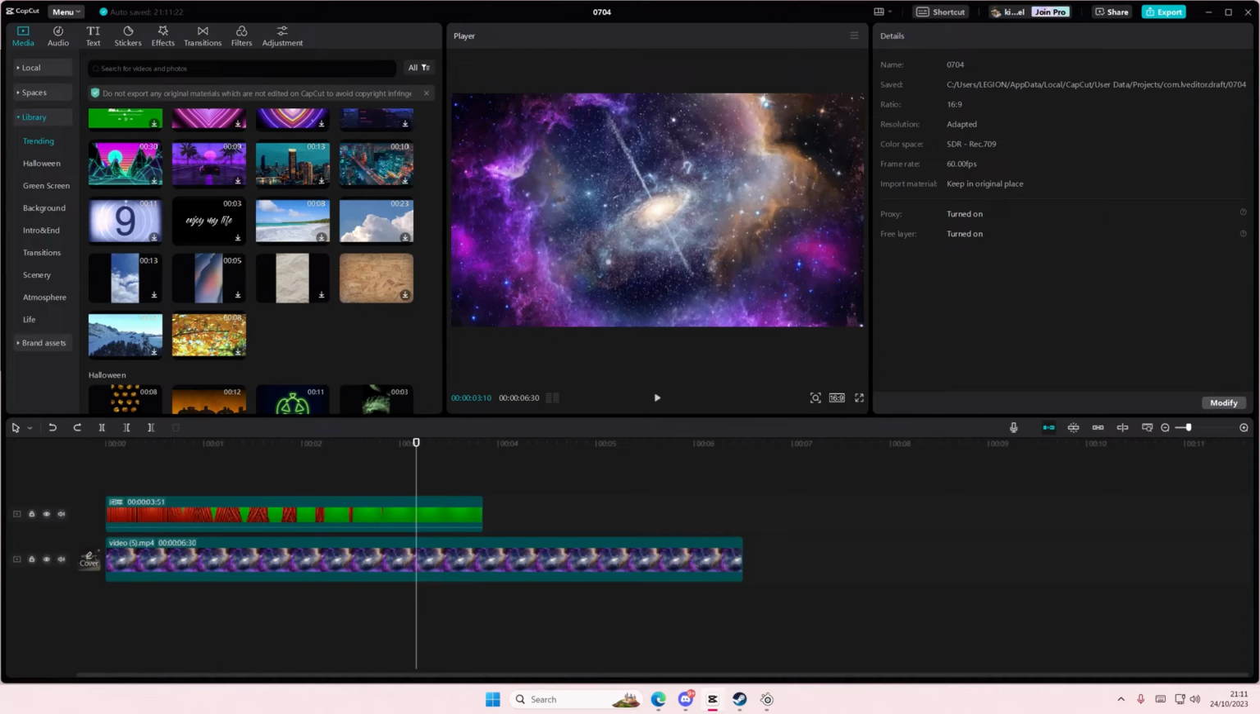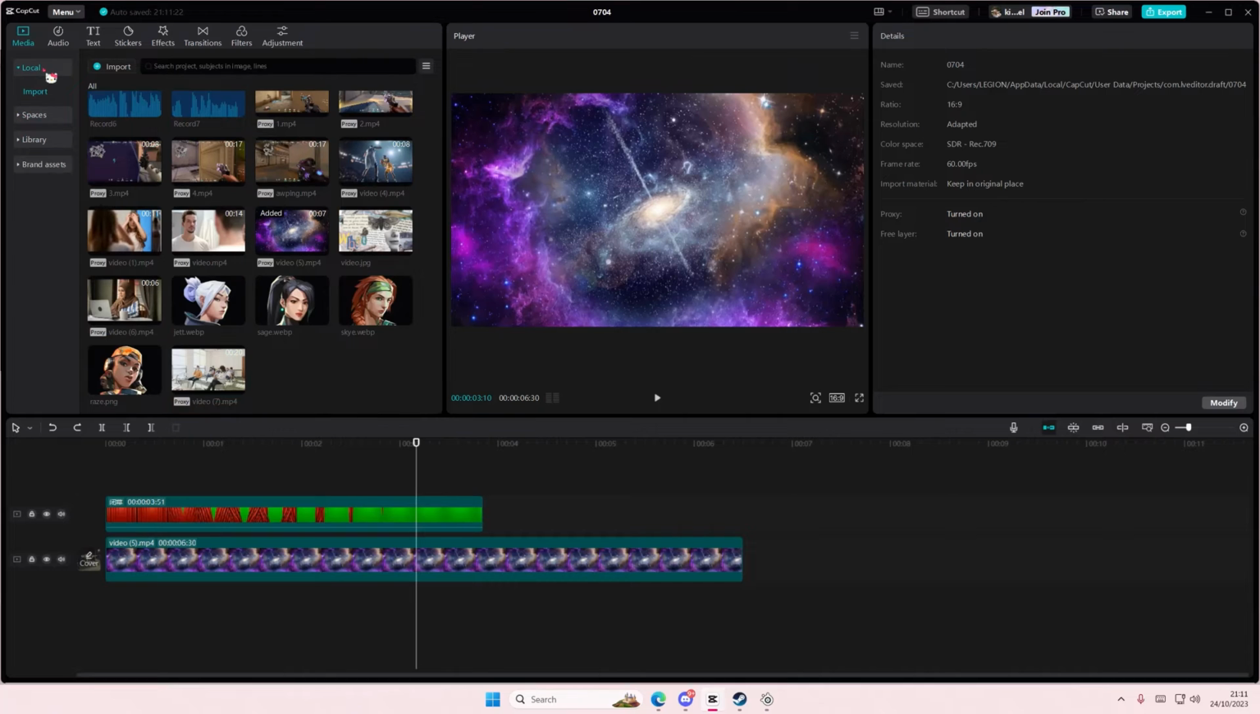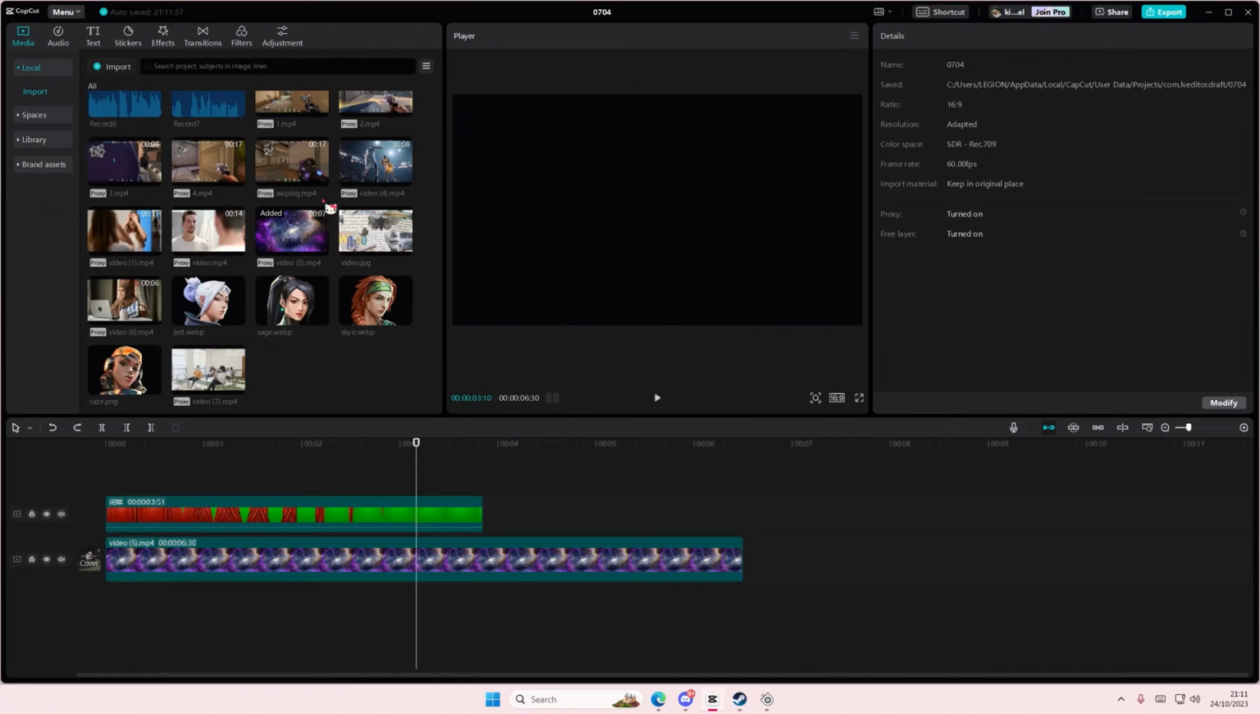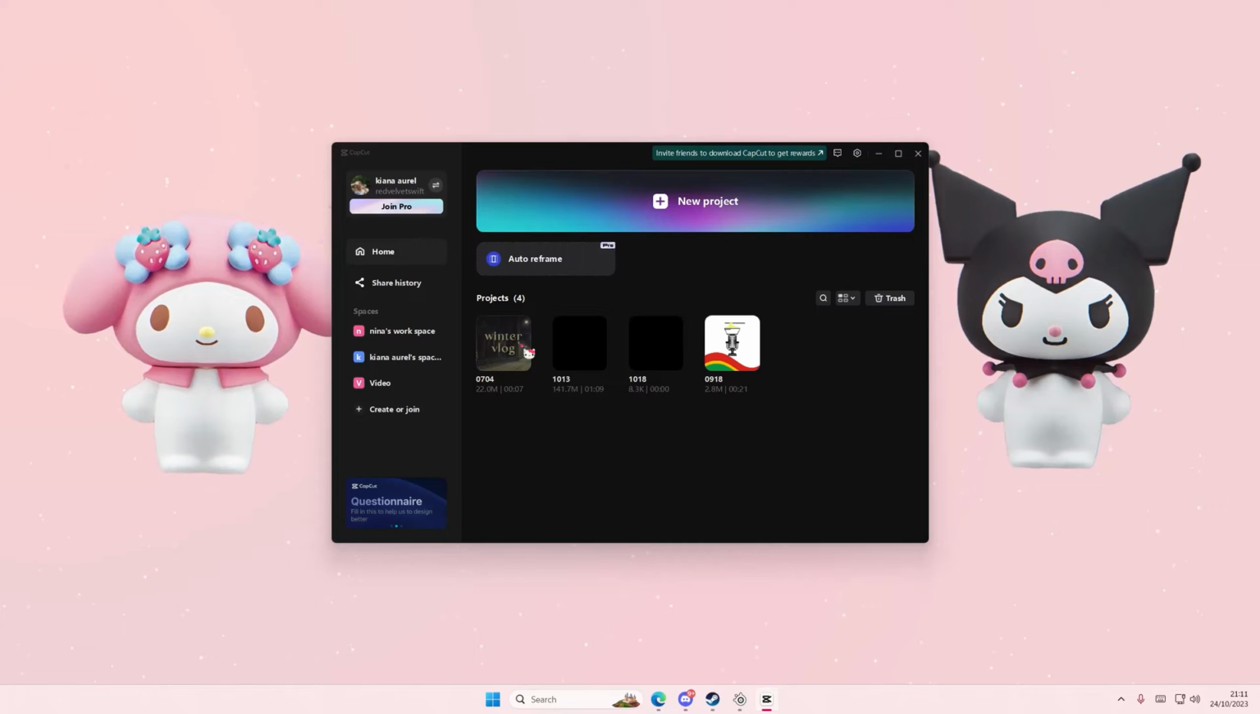In this video, I'll be showing you guys how you can duplicate projects on CapCut PC. So for instance, you want to duplicate this project, it's going to also duplicate the media that you have in your library as well. So go to menu, go back to home page, and you're going to select the project